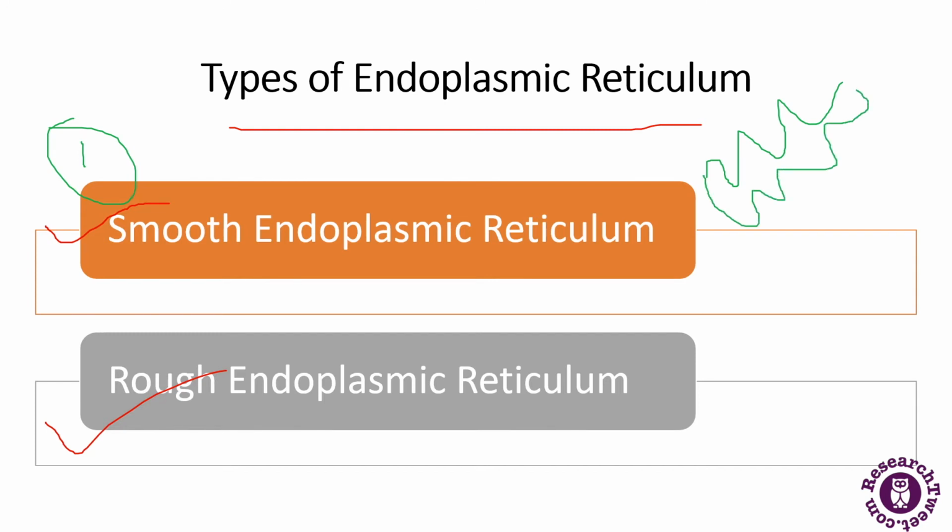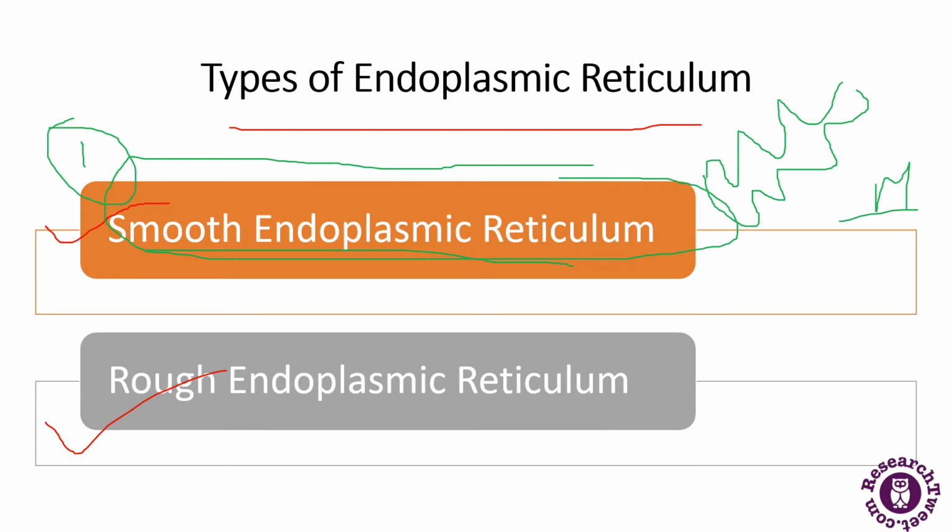It participates in the production of phospholipids, the chief lipids in the cell membrane, and they are very essential for the process of metabolism. And the smooth endoplasmic reticulum transports the product of the rough endoplasmic reticulum to other cell organelles, especially the Golgi apparatus or Golgi body. So Golgi body is another kind of cell organelle which is present in eukaryotic cells.